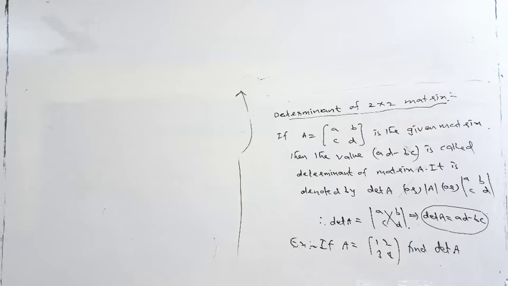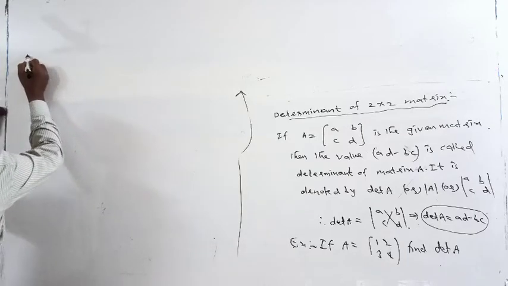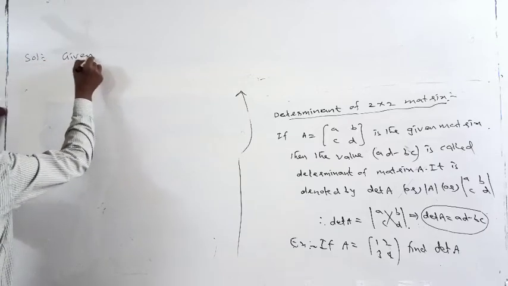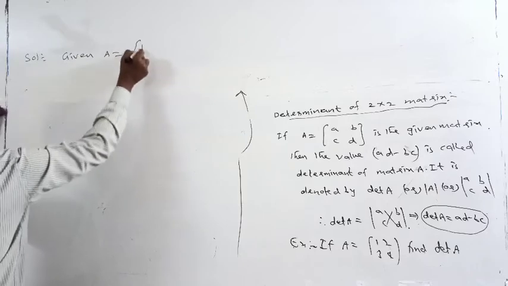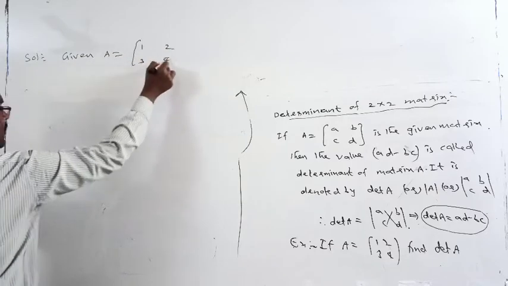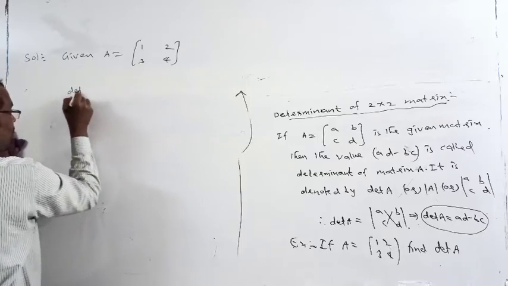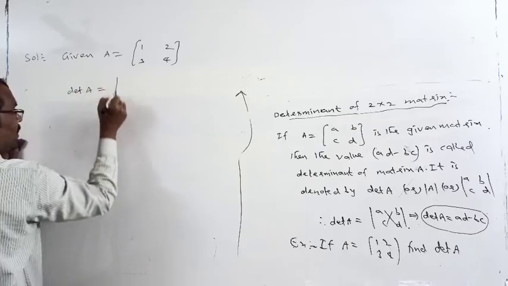Solution. 1, 2, 3, 4. So det A is equal to the determinant of